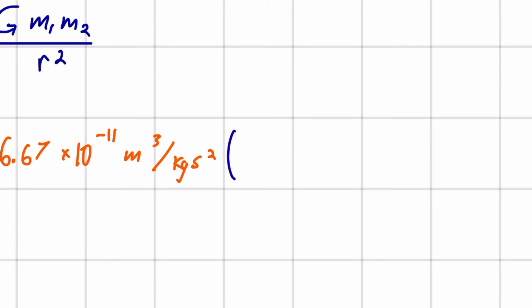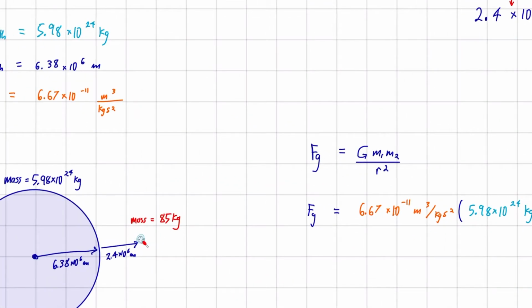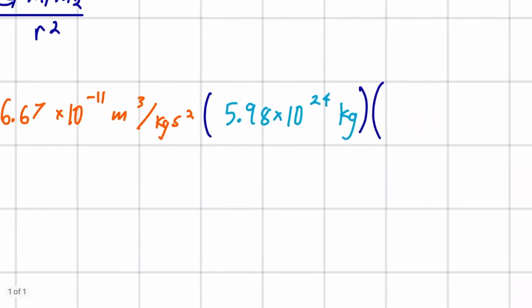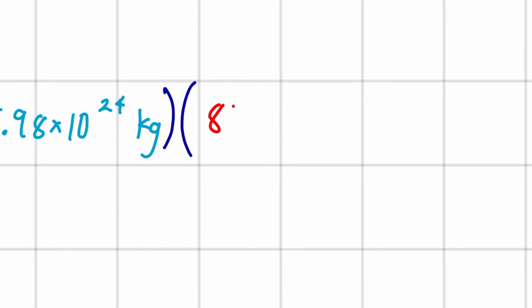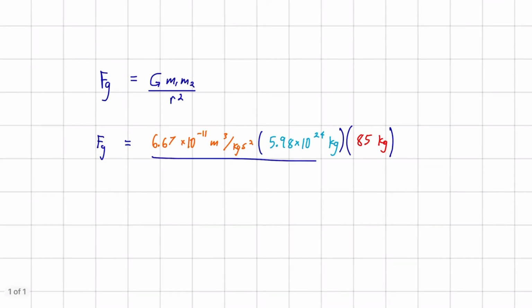So this is going to be multiplied by the mass of the Earth, recall, 5.98 times 10 to the 24 kilograms. And our last value is the mass of the person here, 85 kilograms, all over